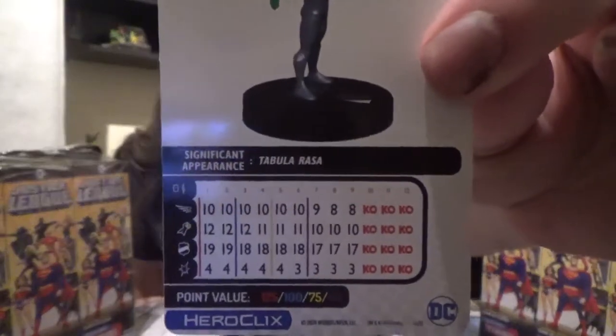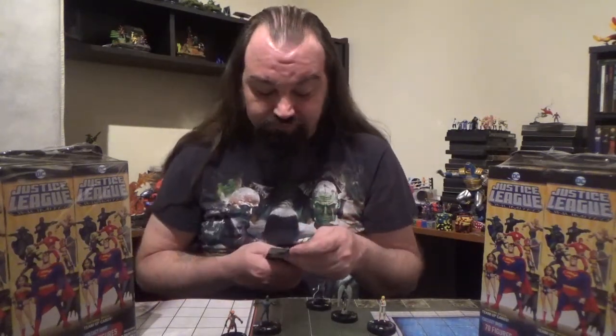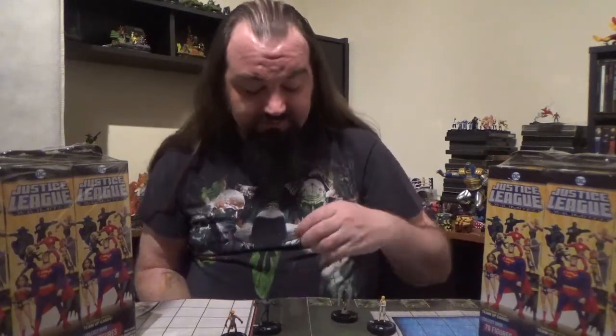Kind of long, but with the fact that he can only have up to 3 powers at a time, you know. We got some decent combat values though. 6 straight clicks of 10 speed, followed by a 9 and 2 8s. 3 12 attacks, 3 11 attacks, and 3 10 attacks. Opening defense of 19, 4 clicks at 18, 3 at 17. Damage starts off at 4 and drops only to a 3. Yeah, that's something. Alright, so next up we've got...